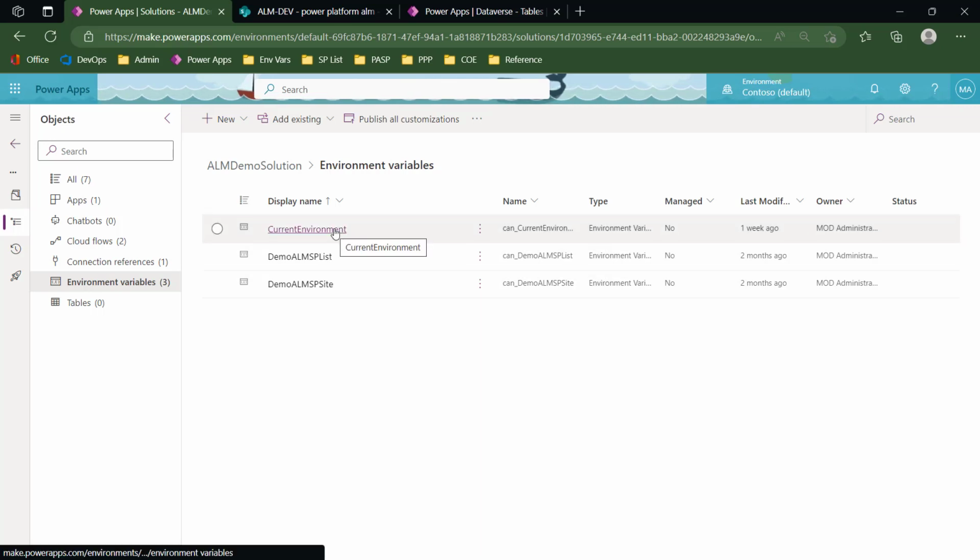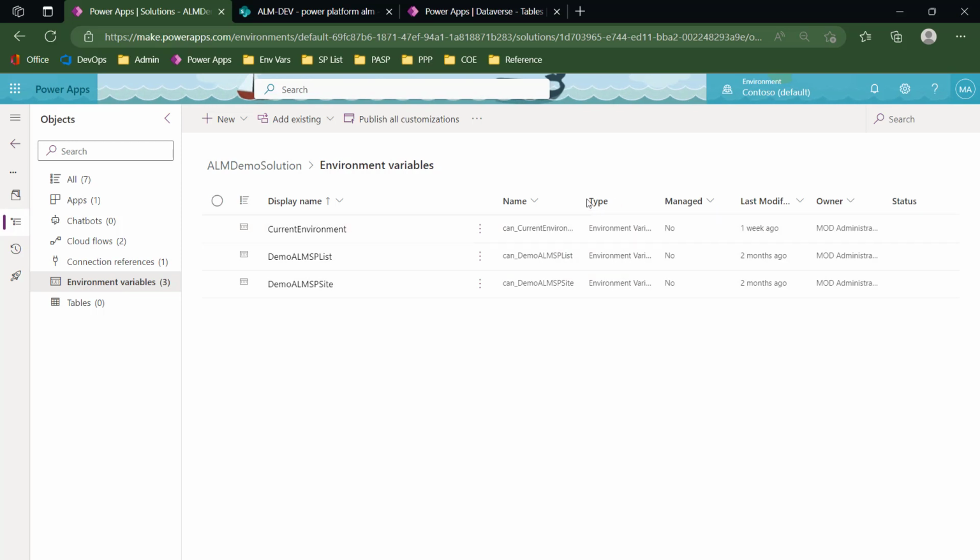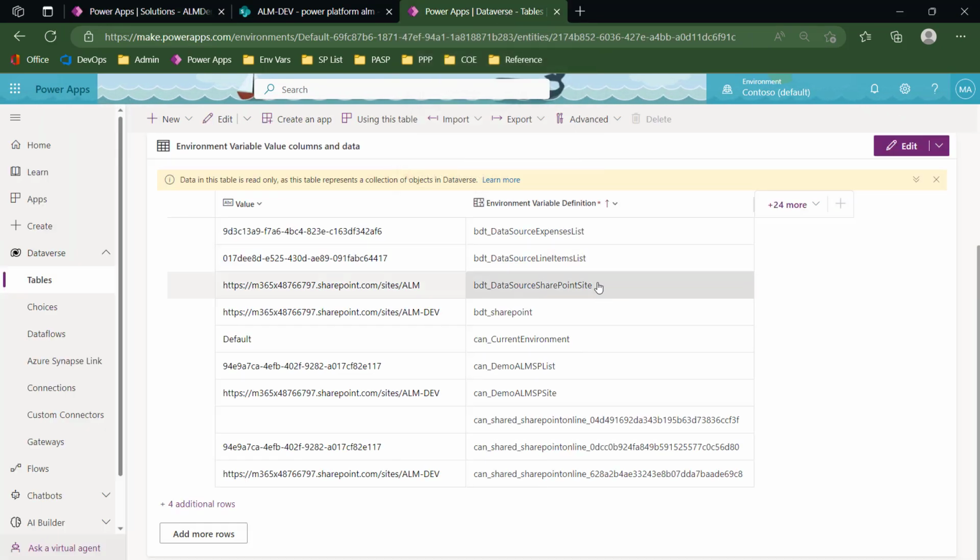They're my current environment, my SharePoint list, my SharePoint site. Notice the internal names for them has a prefix of can because my publisher starts with CAN in this environment. Now, if I'd like to look at the current values of these environment variables, I could click on them and look here, but my favorite way to see what really the value is